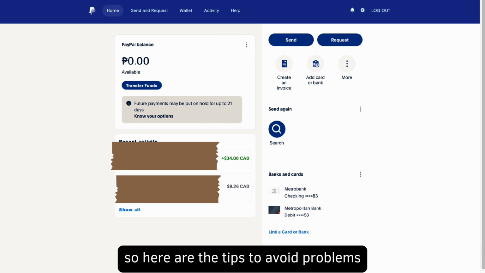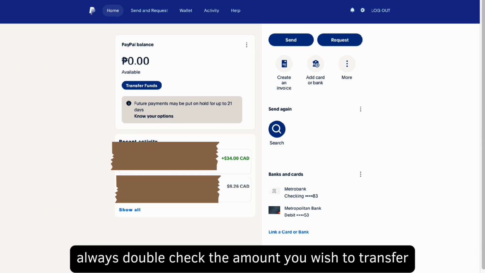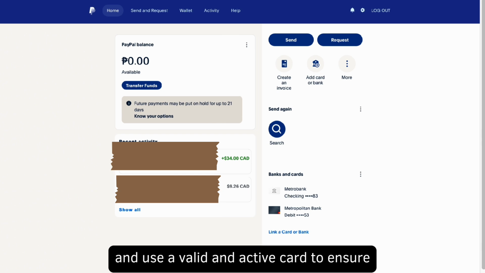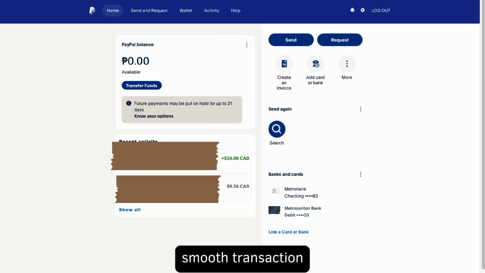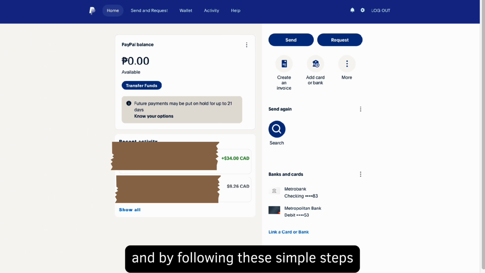Here are the tips to avoid problems. First is make sure the card is linked correctly to your PayPal account. Always double check the amount you wish to transfer and use a valid and active card to ensure a smooth transaction. So the final summary, transferring money from a card to PayPal is straightforward,